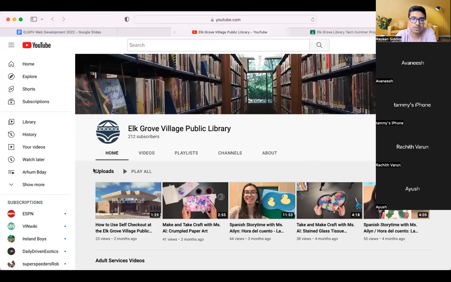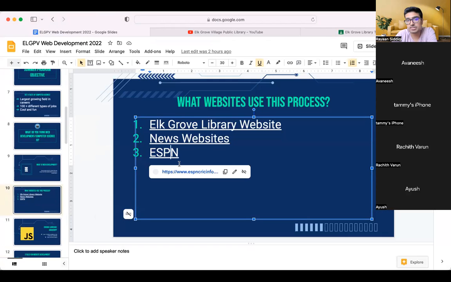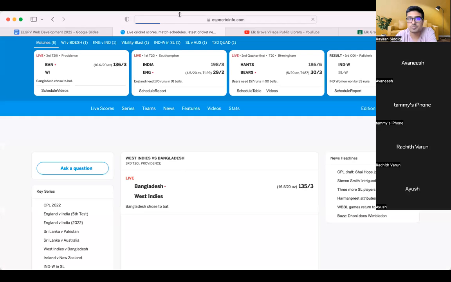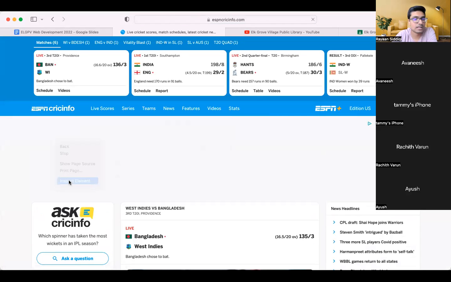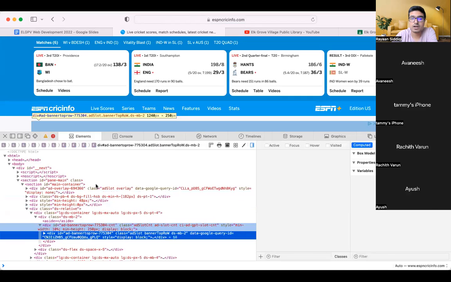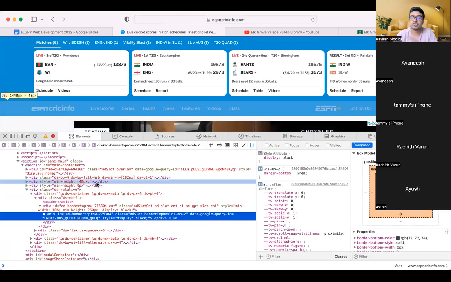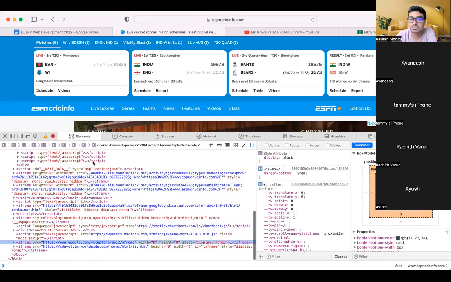If I go back, for instance, to the slides, we can open up a different website as well. Big websites, the ESPN cricket website, for instance. Same thing. If I inspect element, we see that they have a bunch of HTML right here, which is related to the front end, which shows how the whole website looks. And they also have a lot of JavaScript going on.